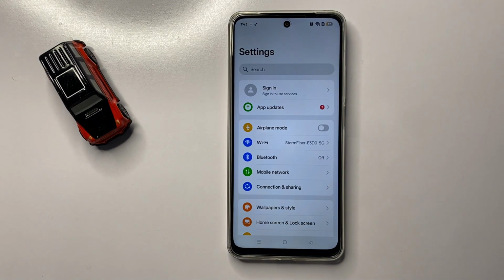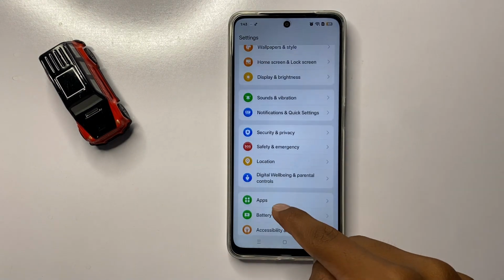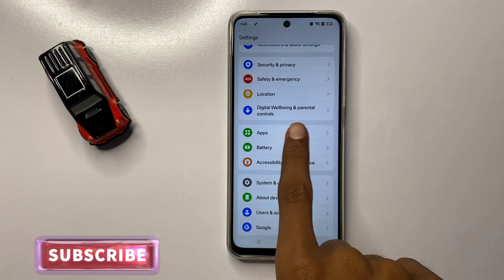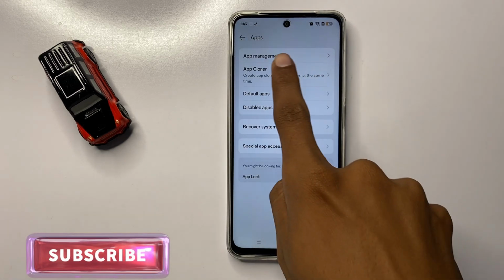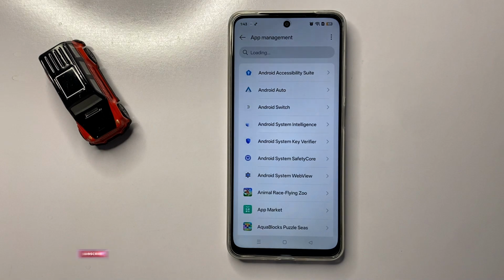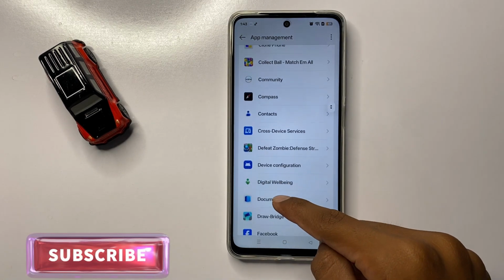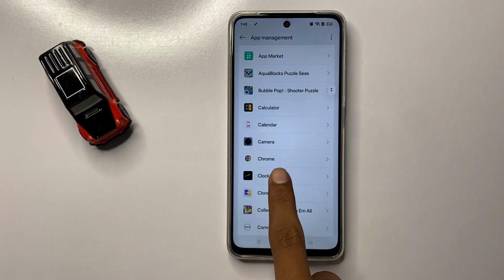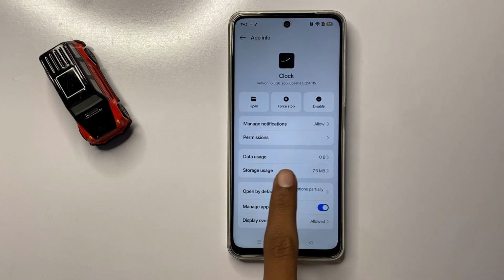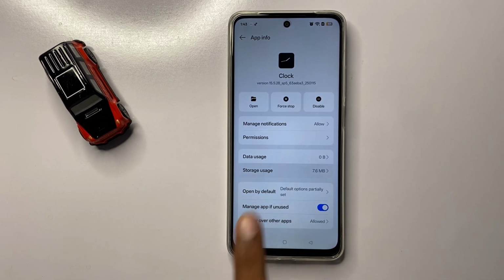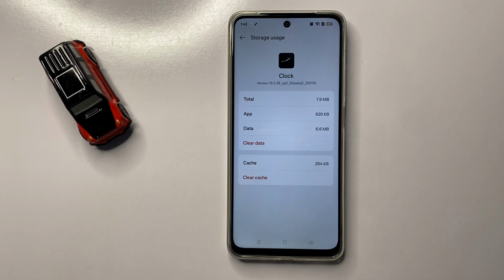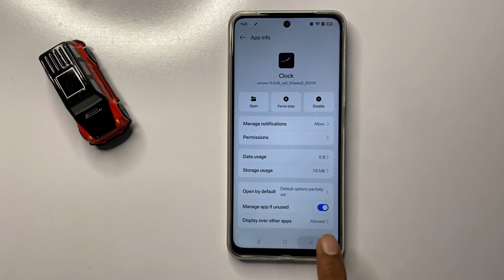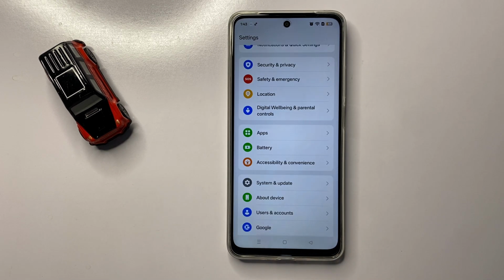settings. In settings, scroll down and click on apps and then click on app management. Now scroll down and click on clock and then click on storage usage. Now here you can clear the cache and data of clock. After clearing the data and cache memory of your clock, go back to the main page of your settings and